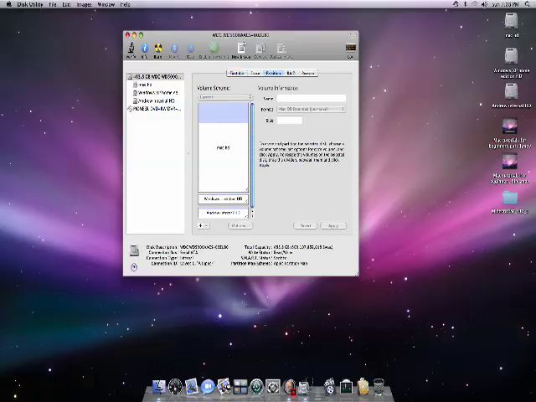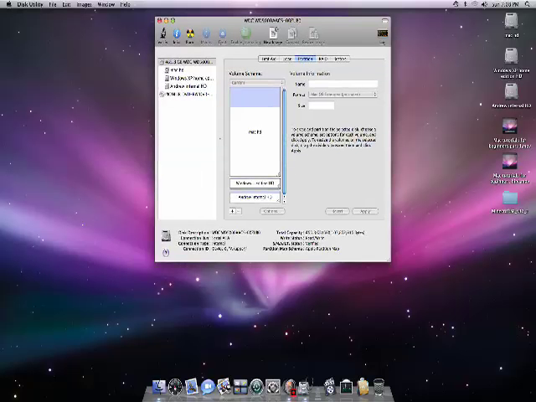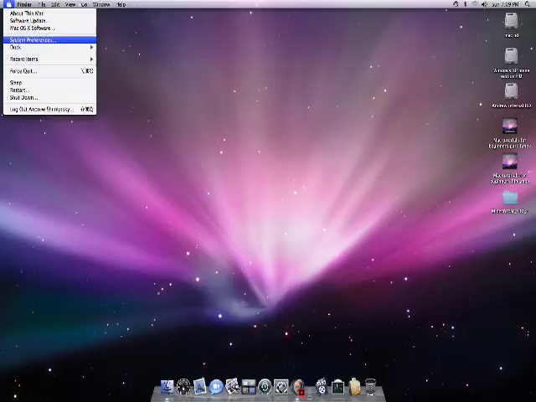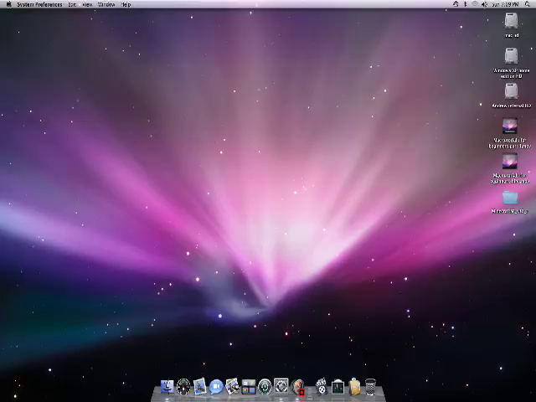But what I'm going to show you for the startup disk pane in the system preferences is if you want to have two operating systems, or just two Mac OS X, I should say, two different parts of it, instead of making more users. It's just easier, in my opinion, to completely redo the computer so each person has their own space. So let's go back into system preferences and